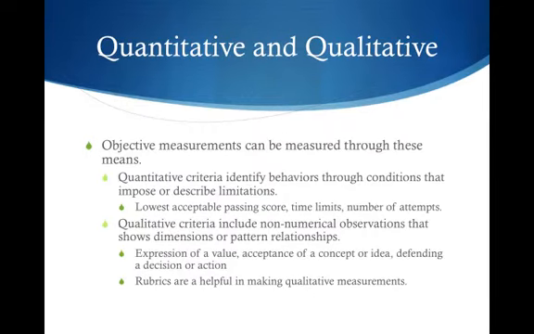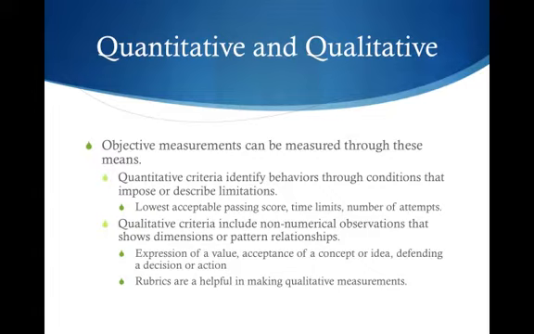Quantitative and qualitative. Objective measurements can be measured through these means as well. Quantitative criteria identifies behaviors through conditions that impose or describe limitations. Examples of these are lowest acceptable passing score, time limits that you've applied, or number of attempts. Qualitative criteria include non-numerical observations that show dimensions or pattern relationship. Examples of this: expression of a value, acceptance of a concept or idea, which is very subjective, defending a decision